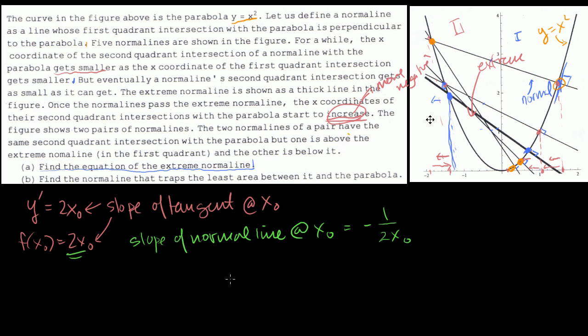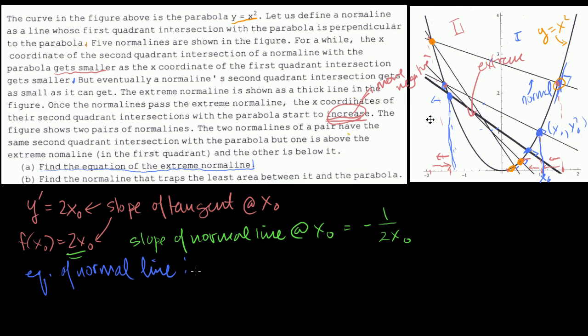Fair enough. Now, what is the equation of the normal line at x naught? Let's say that this is my x naught in question. What is the equation of the normal line there? Well, we can just use the point slope form of our equation. So this point right here will be on the normal line, and that's the point x naught, x naught squared, because this is the graph of y equals x squared. So on this normal line we'll also have this point. So we could say that the equation of the normal line, let me write it down, equation of the normal line